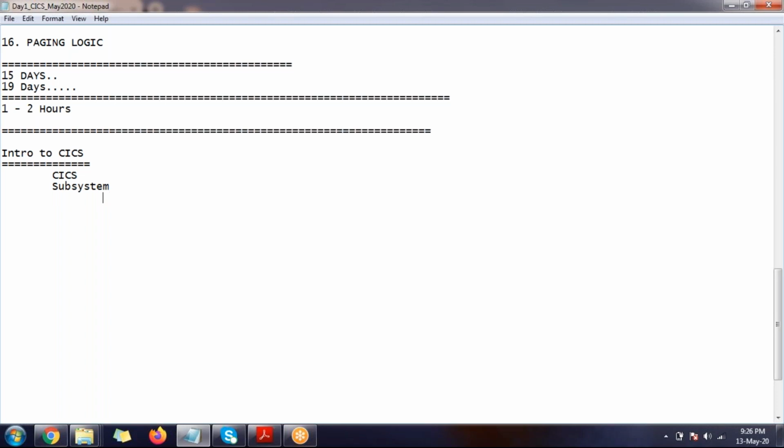So here CICS is a subsystem. What other subsystems are there on the mainframe? CICS is there, DB2 is there, IMS is there, JES is there, and so on. There are so many subsystems, and one of them is CICS. So it is simple to understand: it is an online application. Now, what are the differences between batch application and online application? As part of this training, I'll also be covering interview questions, team: how they ask and what type of questions they will ask you.